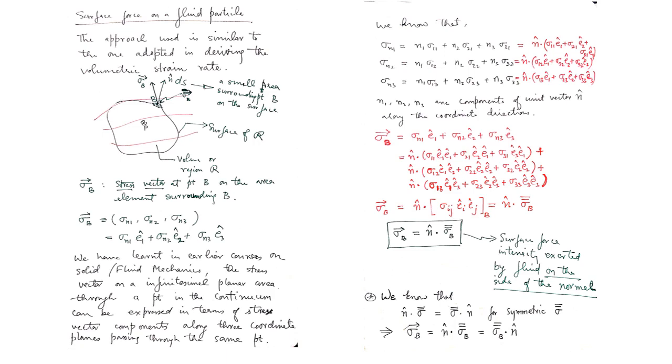So if you remember in my earlier 2-part lecture 6 that I delivered, there I have talked about all these things, that the dot product of a vector and a tensor of rank 2 is not in general commutative, but it will be commutative provided the tensor is symmetric. So we know that in case of a solid or a fluid, in both cases the stress tensor is symmetric.